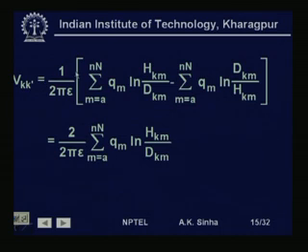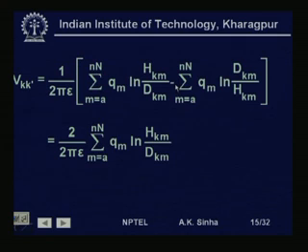That will be equal to 1 by 2 pi epsilon summation of m is equal to a to nn, where nn is the total number of conductors in the system, into qm, the charge on conductor m, ln the distance from the image conductor m to the kth conductor, hkm, divided by dkm, the distance between the kth conductor and the